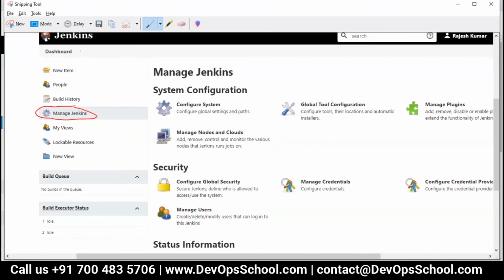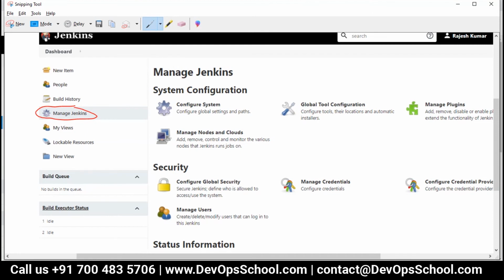Second option is Global Tool Configuration, where you can configure tools, their locations, and an automatic installer is also there. Third one is Manage Plugins, where you can install, add, remove, disable, enable plugins. If you want to add more nodes, then Manage Nodes and Clouds. Below, security stuff is there.